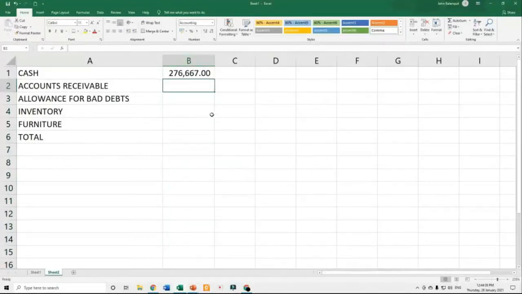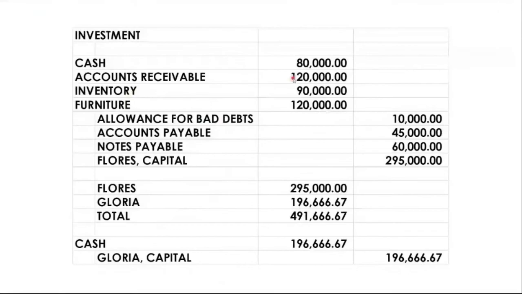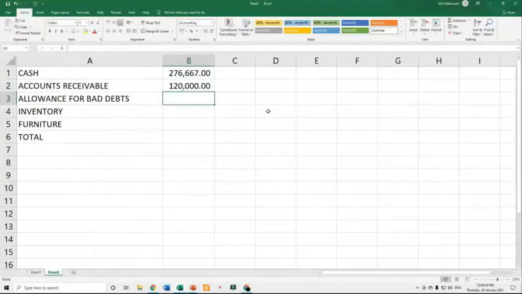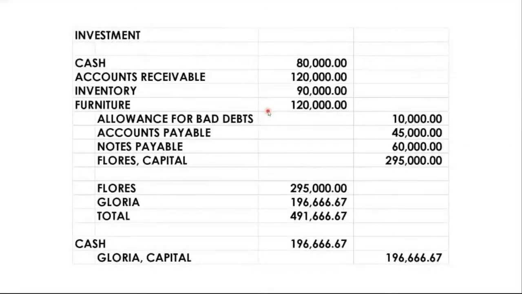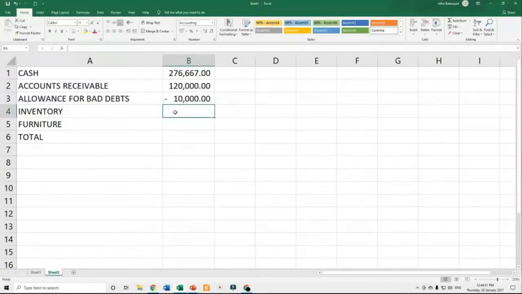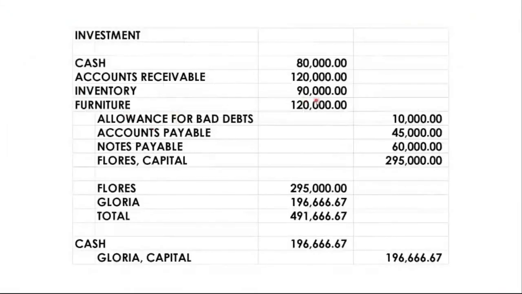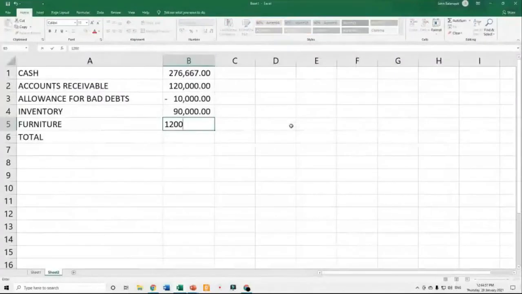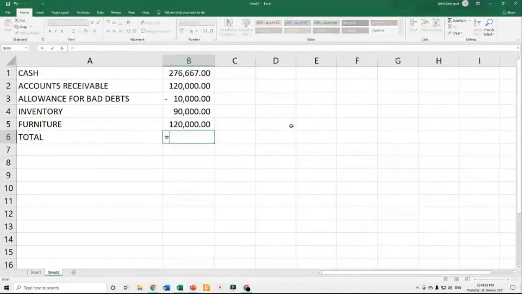Okay. Your accounts receivable will be at 120. Your allowance for bad debts will be negative 5,000. Is that correct? Sorry, 10,000. Okay. Your inventory will be measured at 90,000. Furniture at 120. Your total assets will be equal to